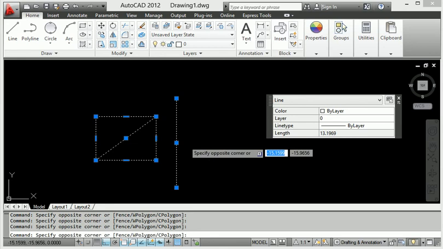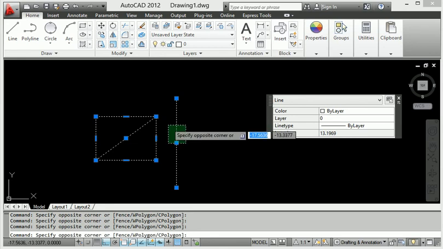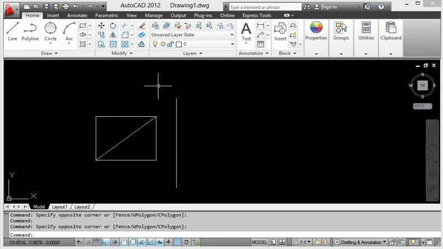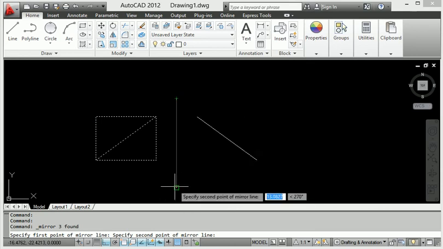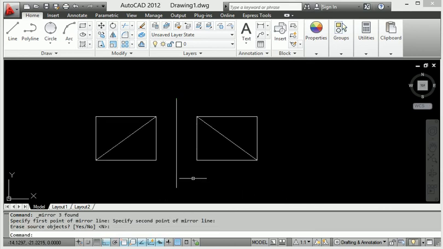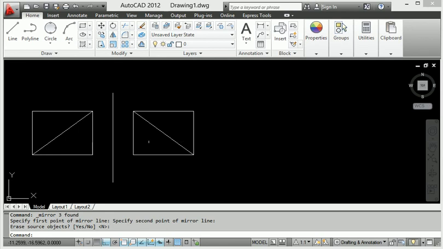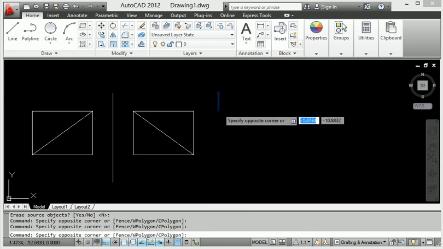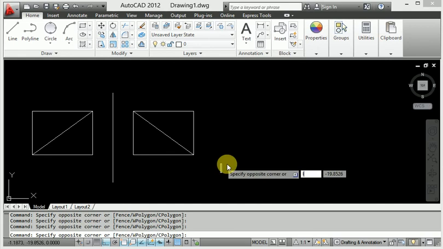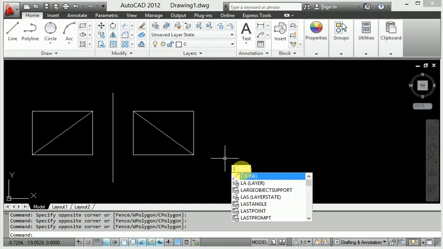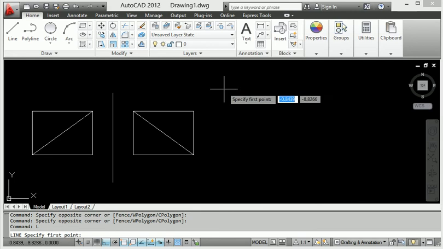Select this whole diagram, go to mirror here, click this point, also click this point, and again enter. It is very easy. Again I click the line, L enter, and click the line, and join again.